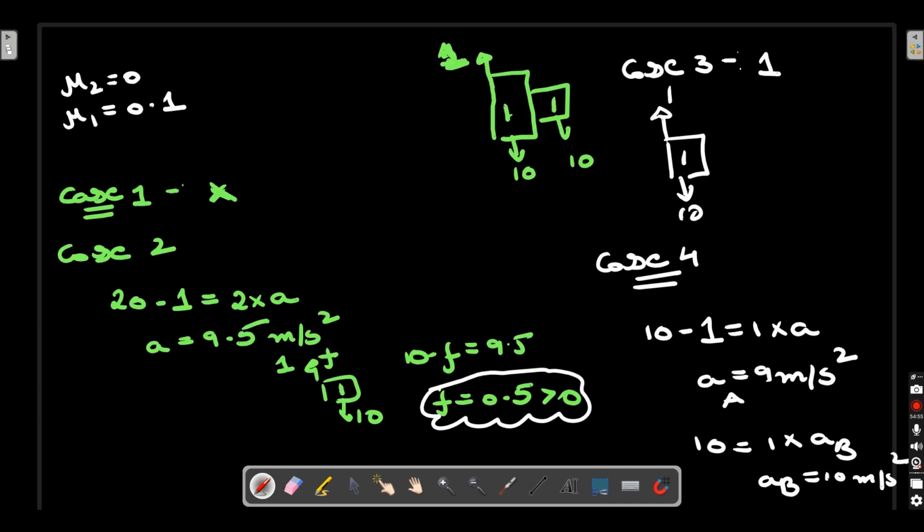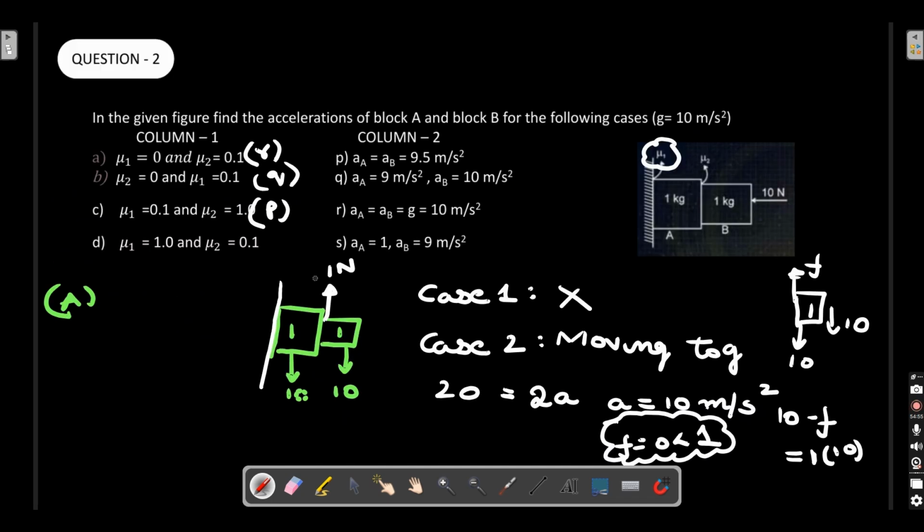Let's go to the option. Yeah, we have it. That is S. So this particular question I'll categorize into the tough level. If you solve this one, you'll get all the clarity, all the 4 conditions.